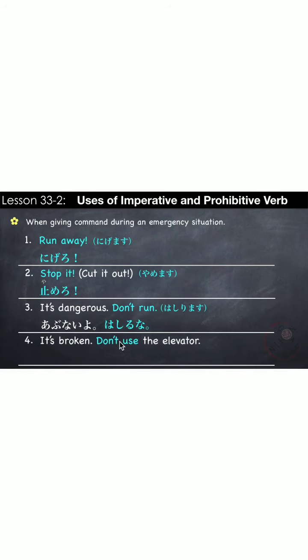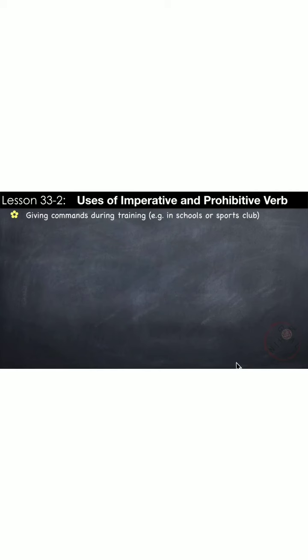And another example, it's broken, don't use the elevator. Our verb is 使います。壊れています。エレベーターを使うな。